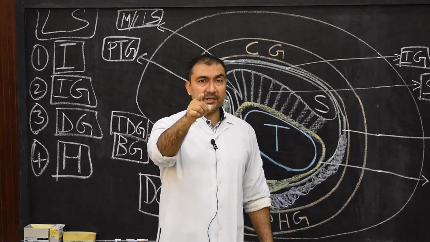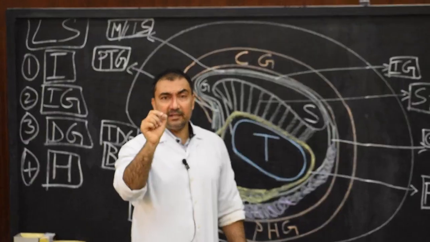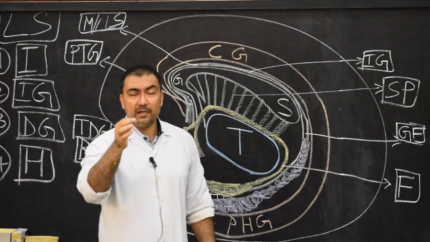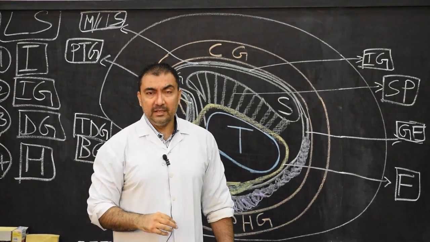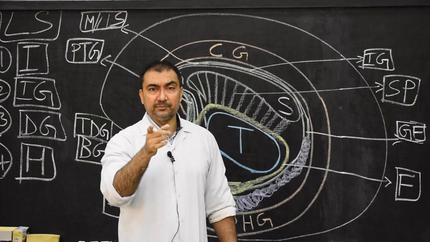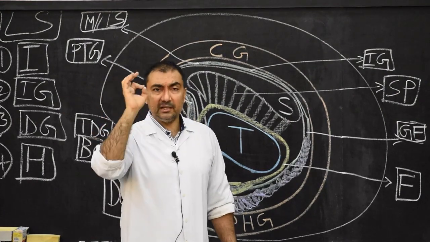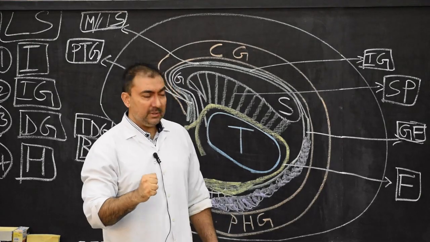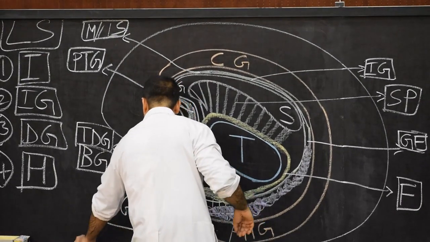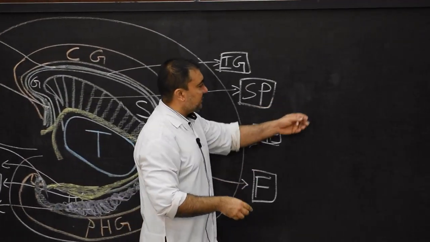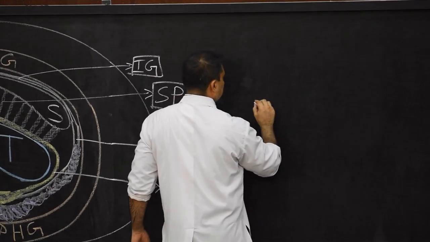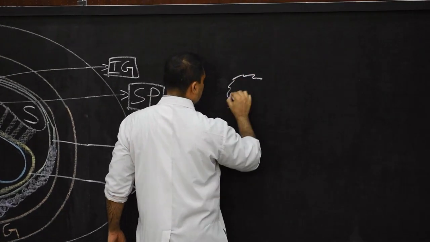Now we are required to draw this diagram of the hippocampus, how it resembles pes hippocampi, and what the components of the hippocampus are based on this diagram. This diagram is given in all the textbooks, and it is very important. You have to draw this diagram. So therefore, we draw this diagram. Please come on this side, we have space here. When we draw this diagram, first we draw this structure.